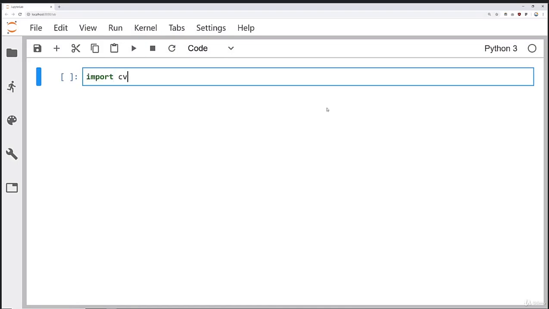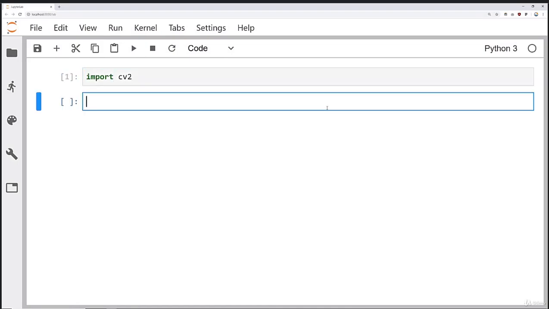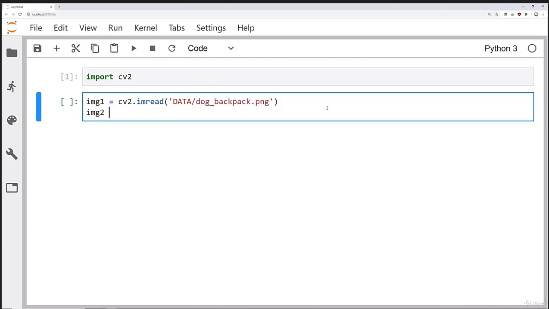All right, here I am at a new notebook. I'm just going to import cv2. That's all we need for now. And let's open up the images that we're going to be working with. The first image is going to be the dog backpack image. We'll say cv2.imread, and depending on where your data folder is, you can go ahead and read it in. In my case, it's in the same directory as this notebook, so I'm going to read in dog backpack. And then image 2 is going to be